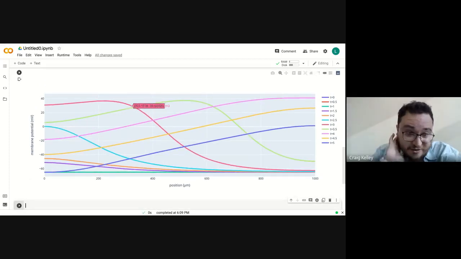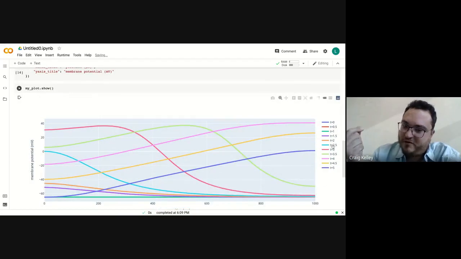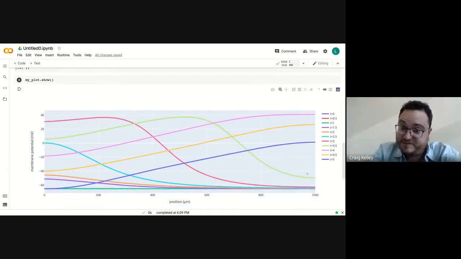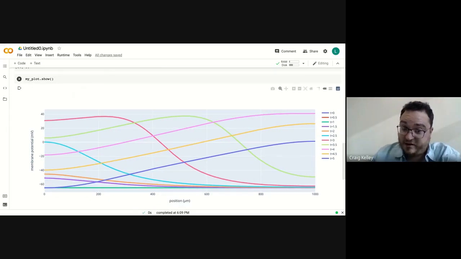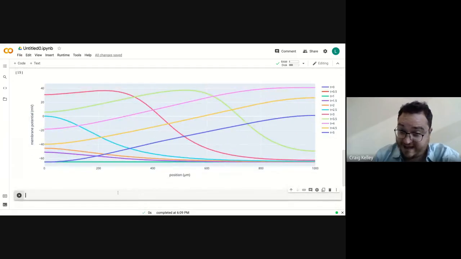And the last thing, so the second part of the exercise, and you guys can see over on the right that each color is a different time point in the simulation. And the x-axis here is distance along the axon, right? So there are these gradients in voltage along the axon at different time points, and it changes as you would expect. Great. So last, we just want to change the axial resistance to,